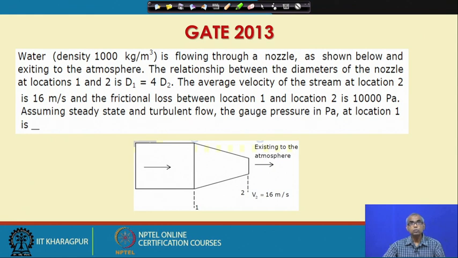Another question on 2013. Water of density 1000 kg per meter cube is flowing through a nozzle as shown below and exiting to the atmosphere. The relationship between the diameter of the nozzle at locations 1 and 2 is d1 equal to 4 d2. The average velocity of the stream at location 2 is 16 meter per second and the frictional loss between location 1 and location 2 is 10000 Pascal. Assuming steady state and turbulent flow, the gauge pressure in Pascal at location 1 is